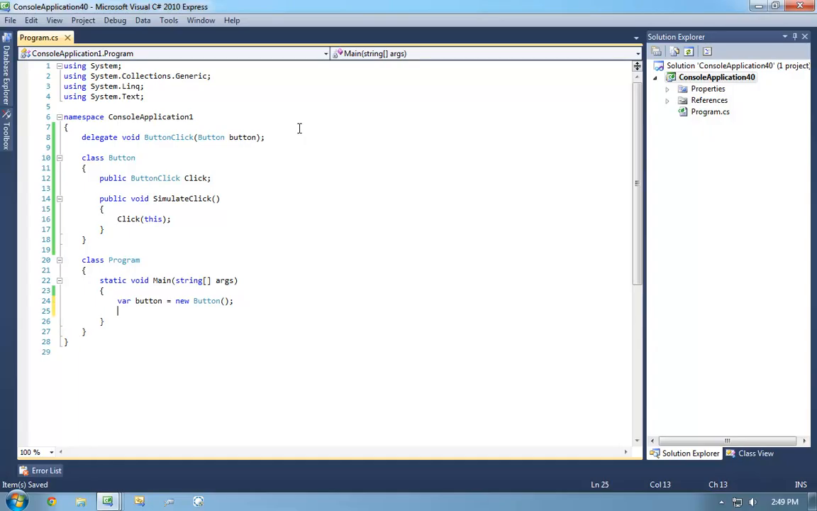Okay, so now I have a button. Let's go ahead and do button.Click, and let's assign it to static void